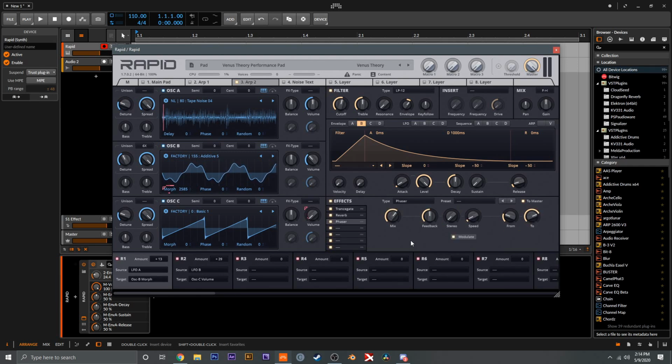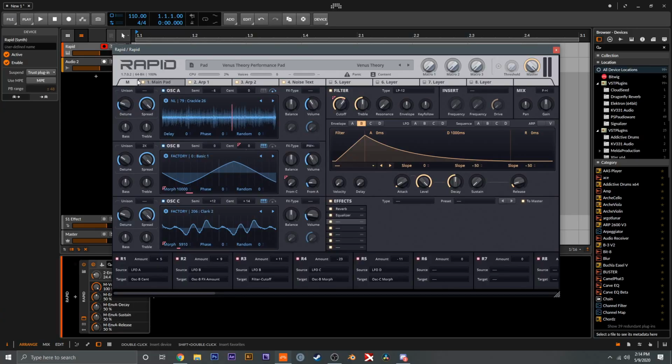Finally, to finish things off here, I've got the phaser. This is mixed in pretty high, feedback right at noon, and the speed really, really low. So this is after the reverb just to provide that extra bit of washy movement to the whole thing because it's not really the primary ARP layer of the patch. This is just a backing filler element. So I just wanted it to move and add that little bit of glue to the whole patch and